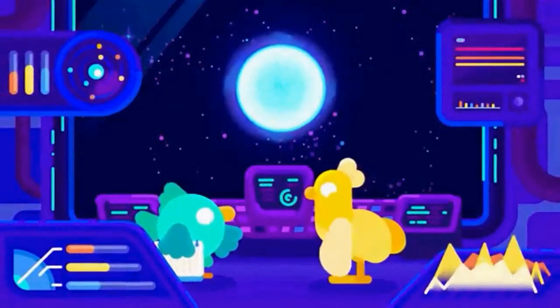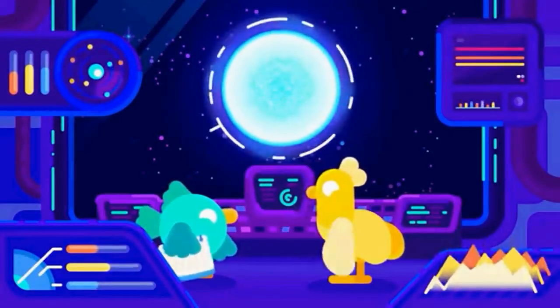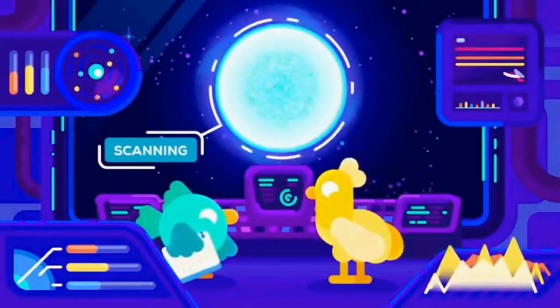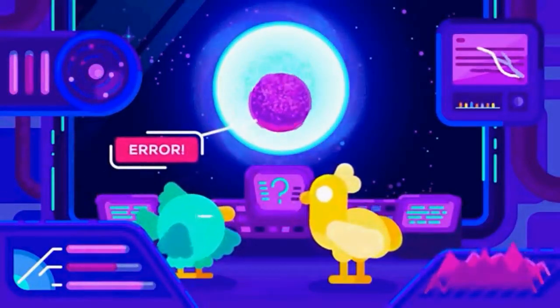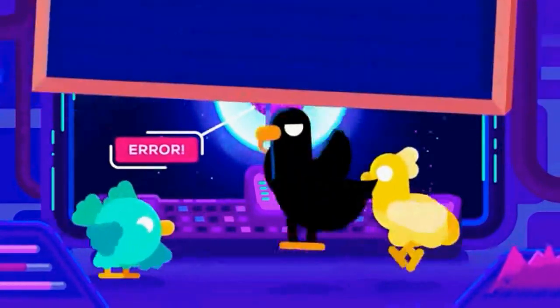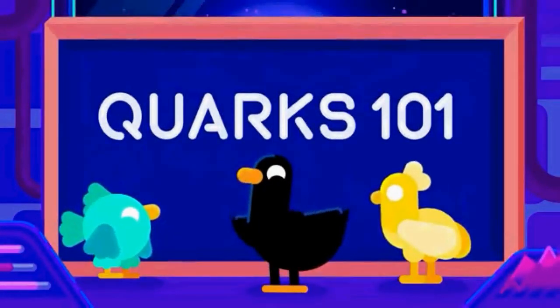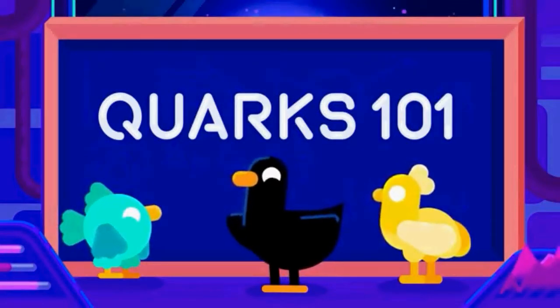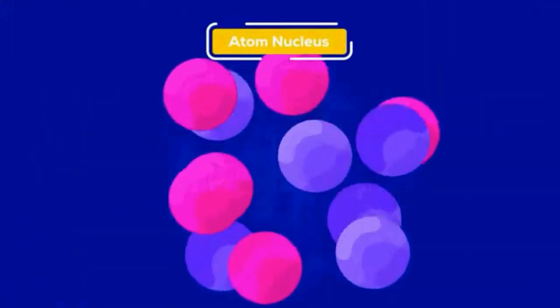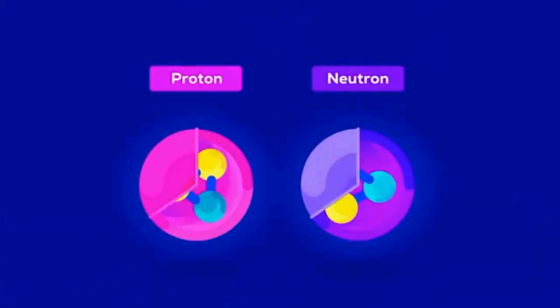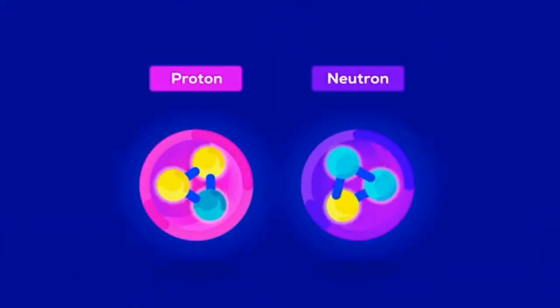The environment in the core of neutron stars is so extreme that the rules of nuclear physics change. And this could lead to a strange and extremely dangerous substance. But let's not get ahead of ourselves. We first need to know the rules before we learn how they can be broken. Protons and neutrons, the particles making up the nuclei of atoms, are made up of smaller particles called quarks.